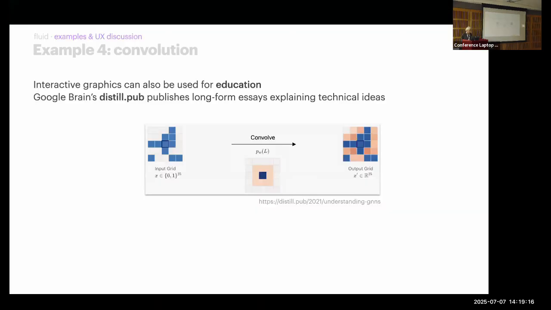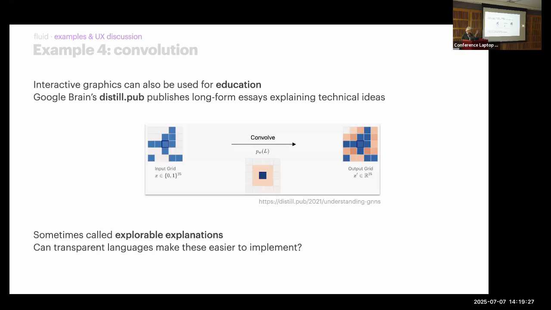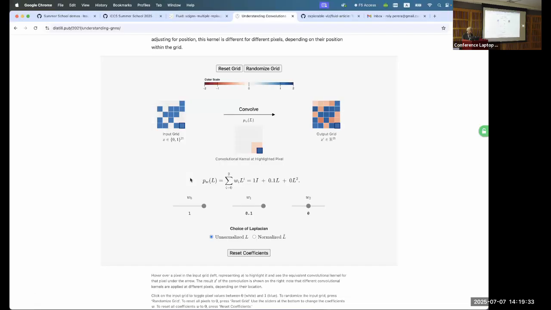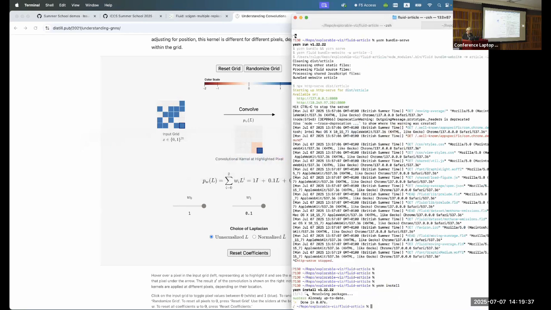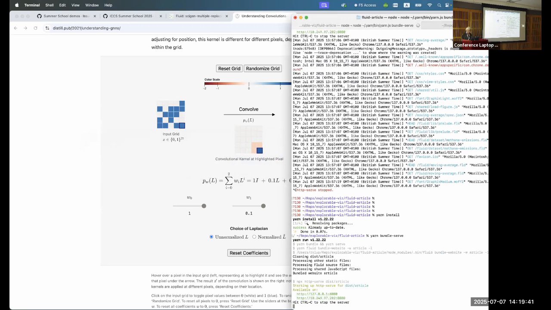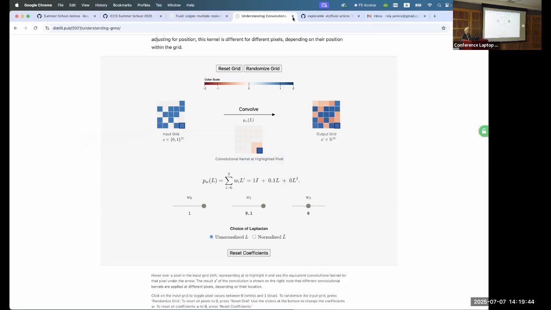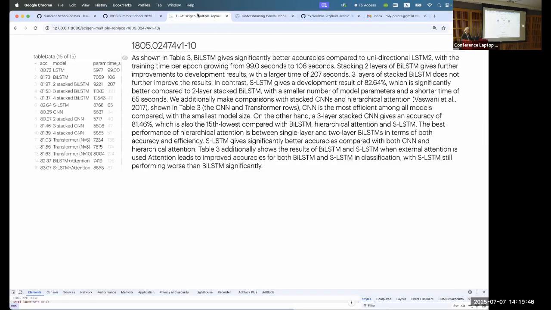So what I'll show you now is potentially how a transparent programming language can help remove some of the burden on authors for creating this kind of thing. So yeah, these things are sometimes called explorable explanations. So let's switch back to the Fluid article repository again. Okay, so